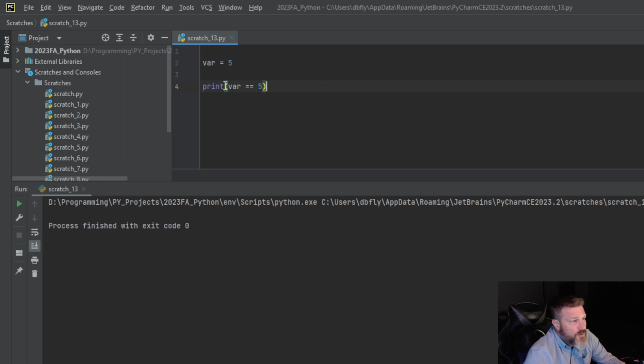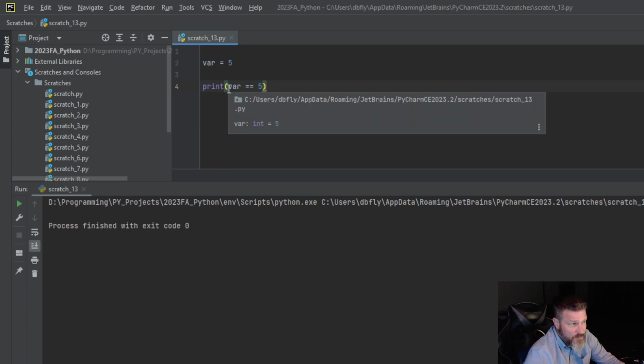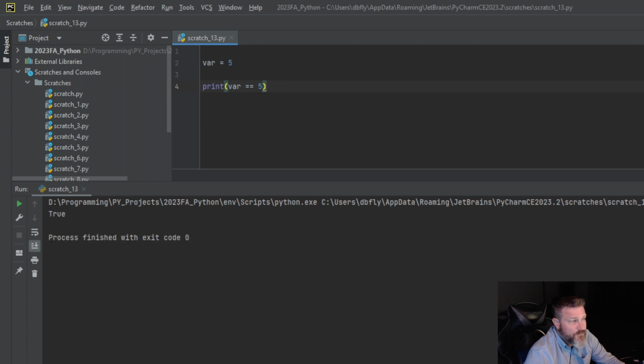what we're asking the computer here is, is the variable equal to 5? We're not saying the variable is equal to 5. We're asking, is it equal to 5? And if I run this, it'll come back with true because the variable is in fact equal to 5. Now if I change this to 6, variable 6, we're still asking the question, is the variable equal to 5? And I run that, it'll say false because it's no longer equal to 5. So there we just covered in 2 seconds the assignment operator, an equality operator, and a Boolean value, and you'll